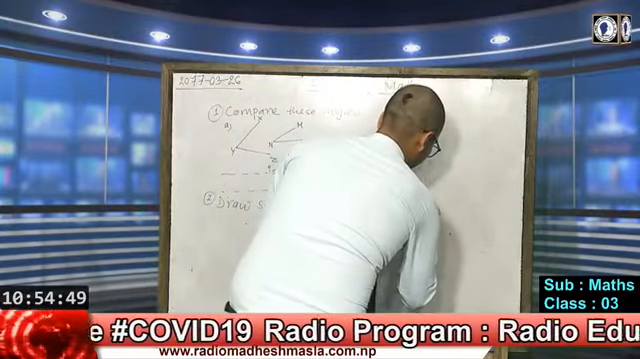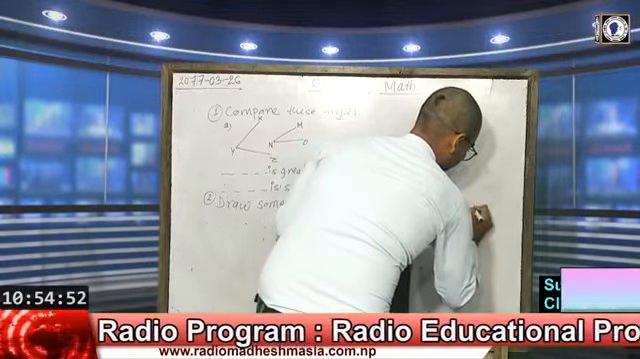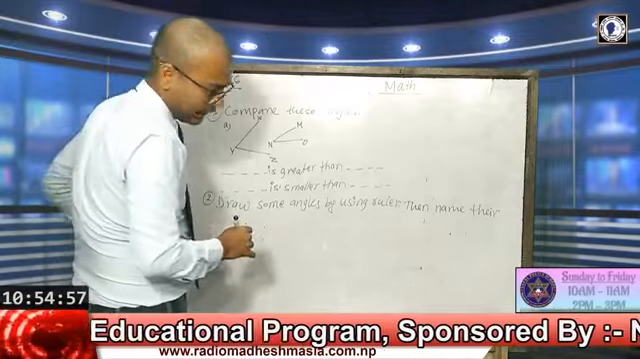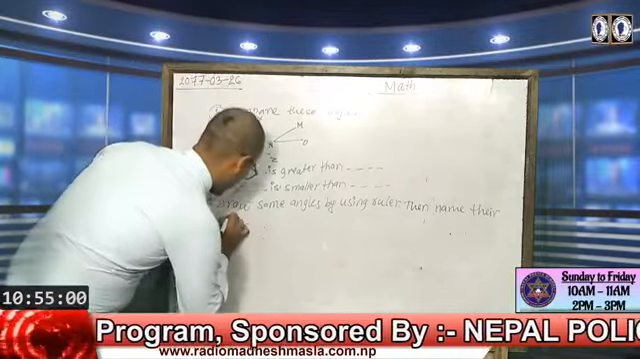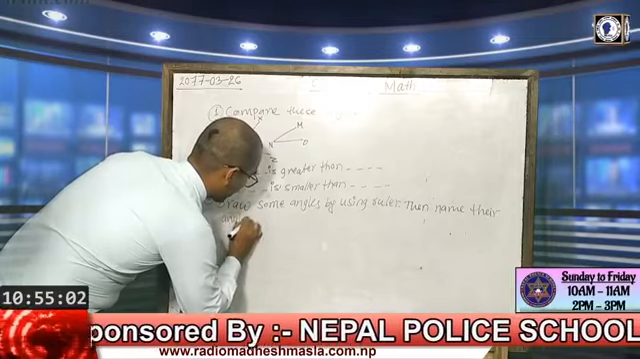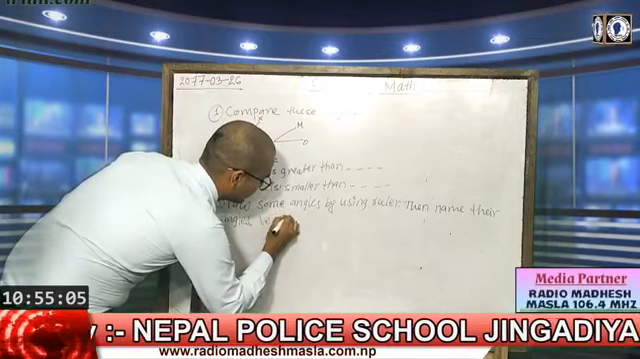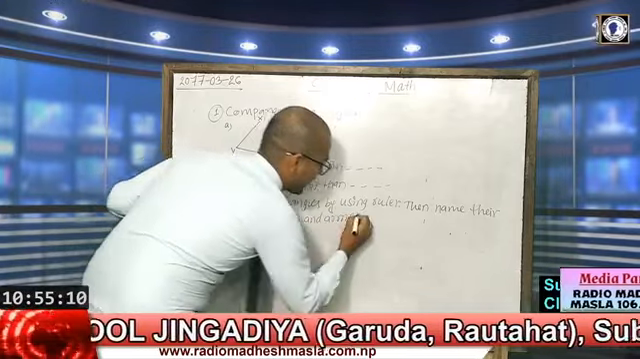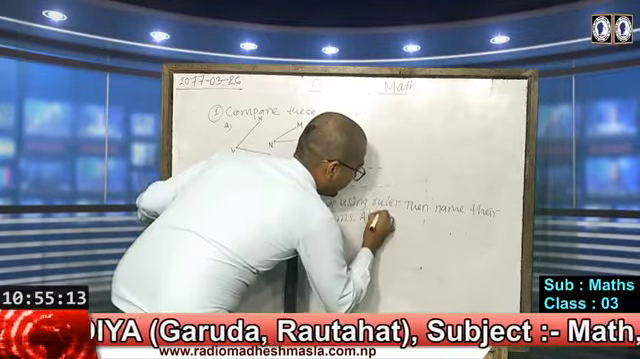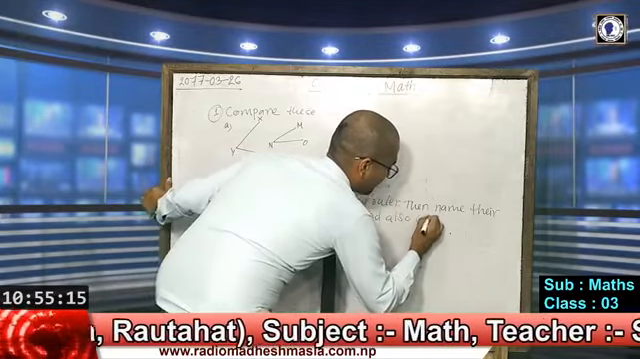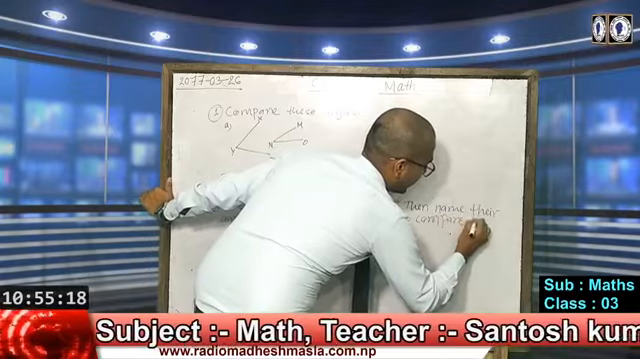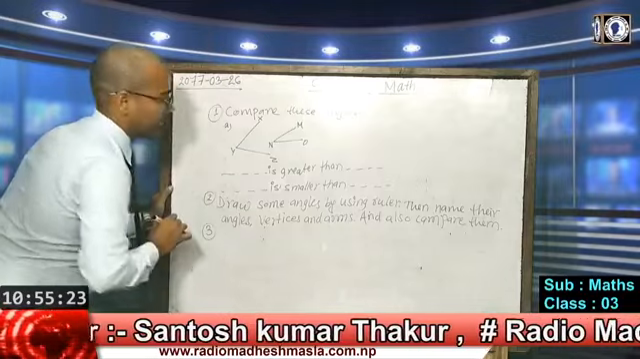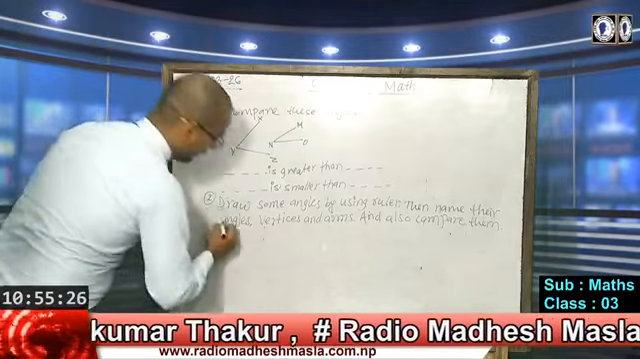Then name their angles, vertices and arms, and also compare them. Your third question is like this: